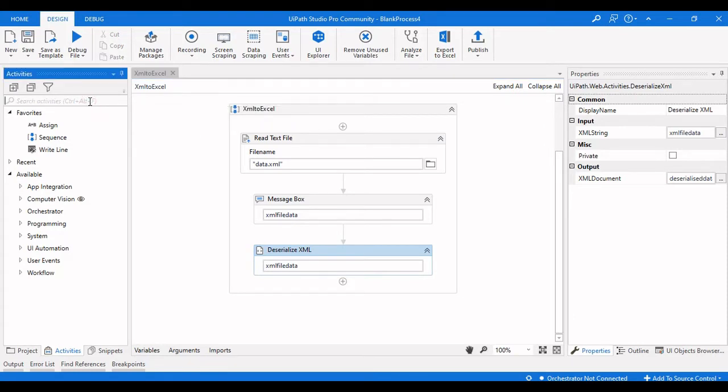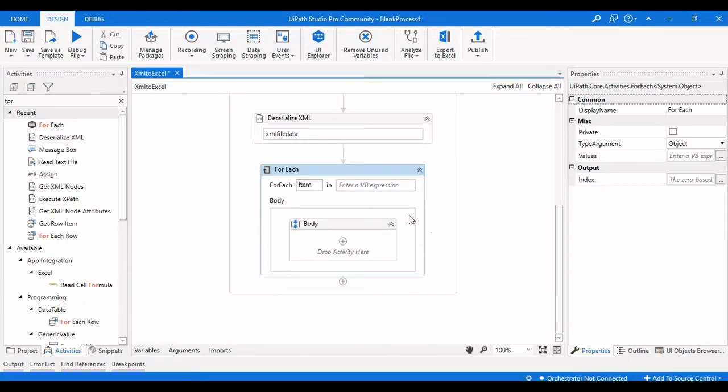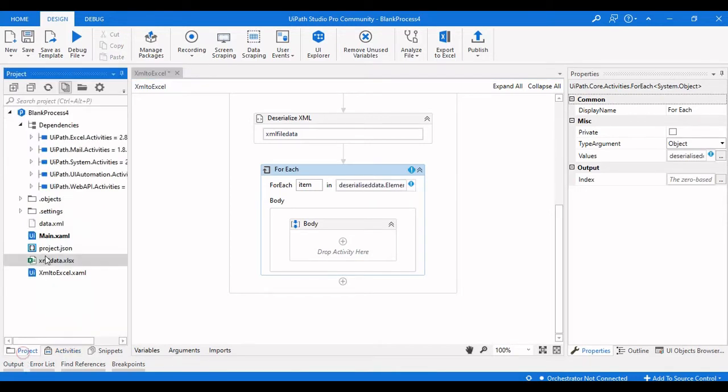So we need to take a for each here. For each item in that particular deserialized data, we need to take the element. What is our root element?